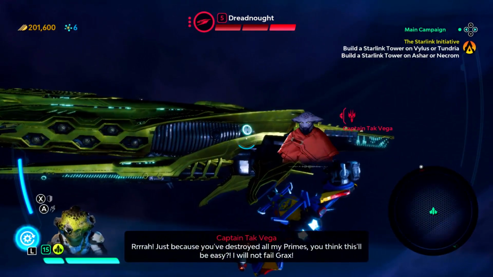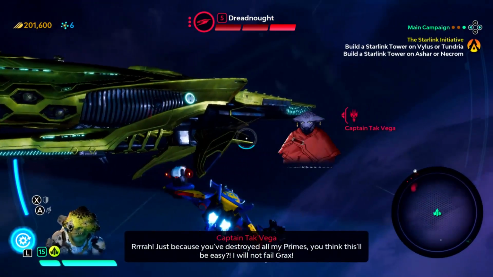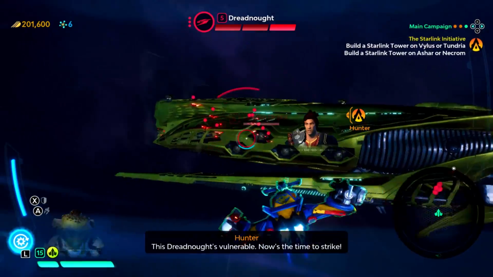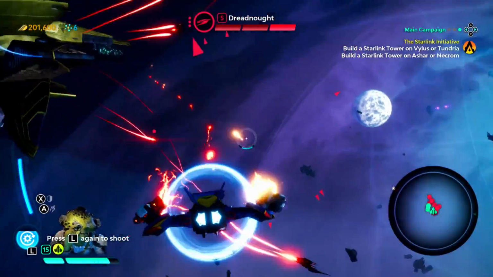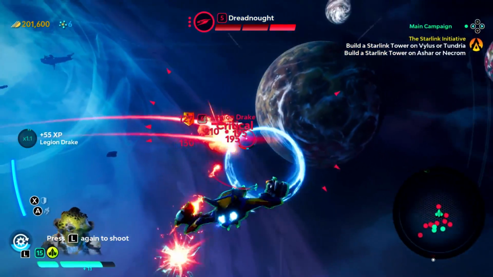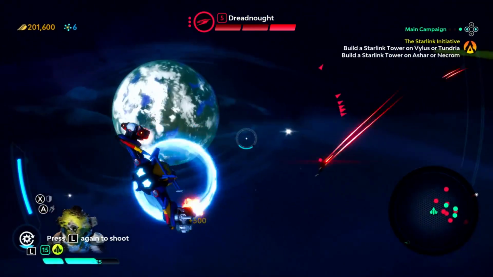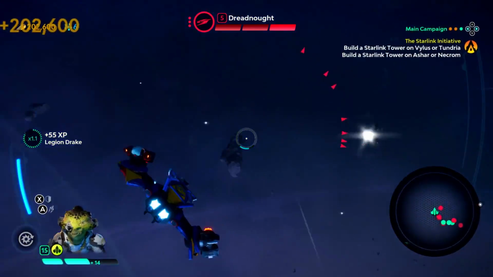You think this will be easy? Well, you're only a level 5 Dreadnought, so actually, yes, I do think this will be pretty easy. We'll just have to take down these Legion Drakes. We're going to pop our shield, though, because we are just going to sit here and basically be immune. Now, I've gotten Mastery on my first weapon, which is really, really good,